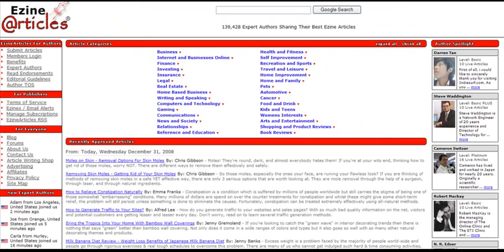The next one that I'm on is called ezinearticles.com. Now this article directory is one of the most high traffic websites on the internet. It's one of the more high traffic article directories. It's very important to your article marketing efforts, and I can't stress that enough. This is a great article directory that you need to utilize. So go ahead and go to